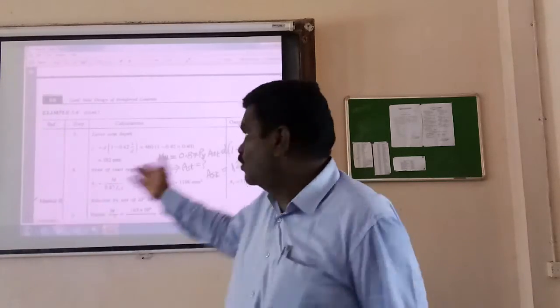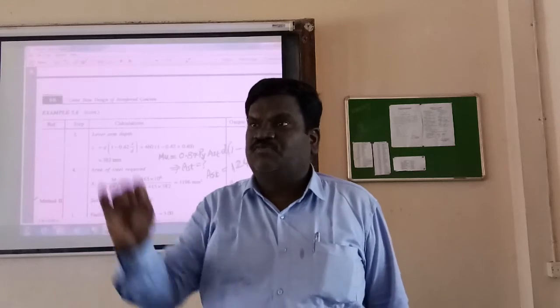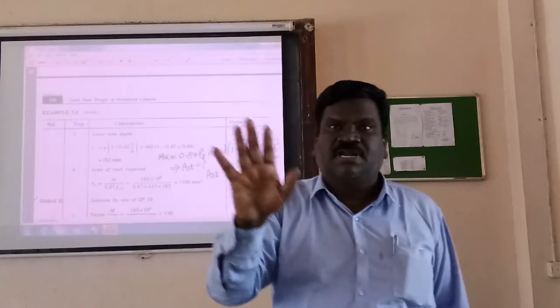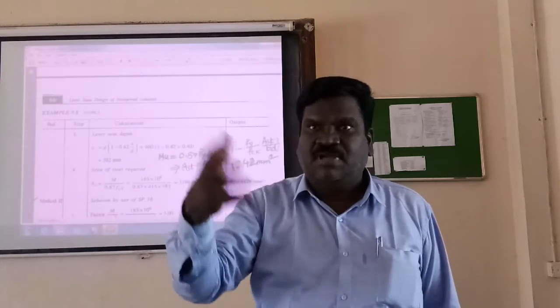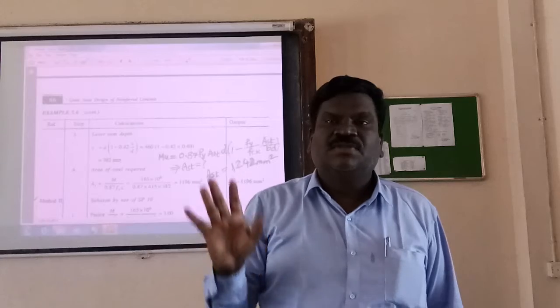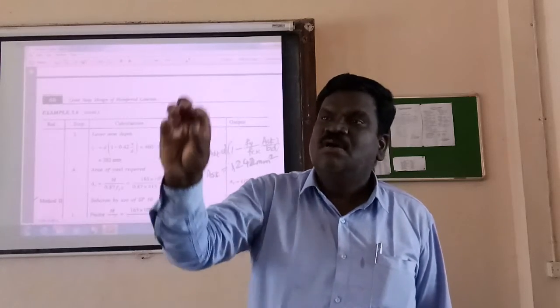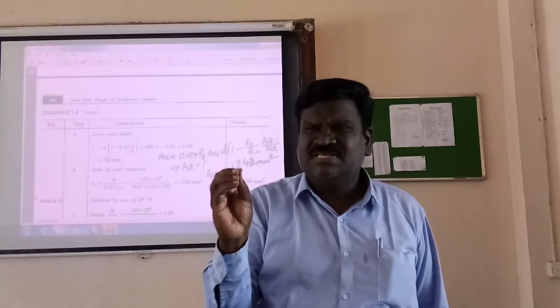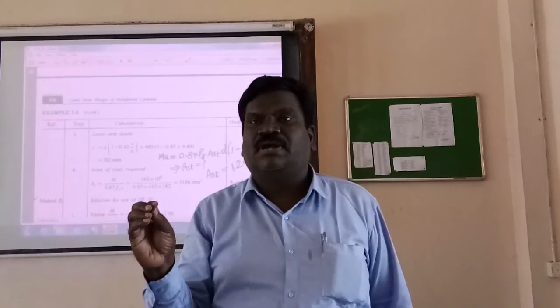Within brackets write down the actual area you are providing. This much mm square, that will be more than this. Some 1328 mm square provided, required 1242. Just for example I am telling; I have not computed, I am just telling my own figure. So the area of steel provided should always be more than the required, marginally more than required. Then only the section will be safe.